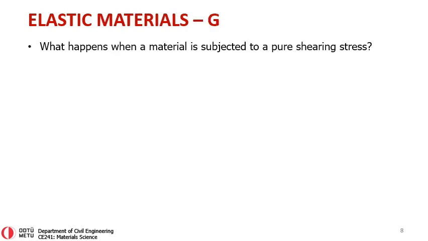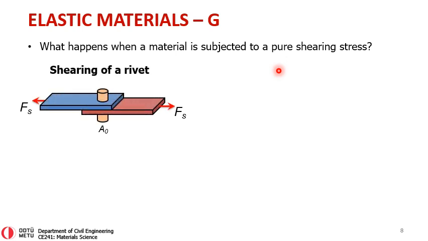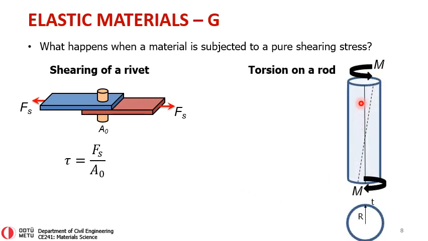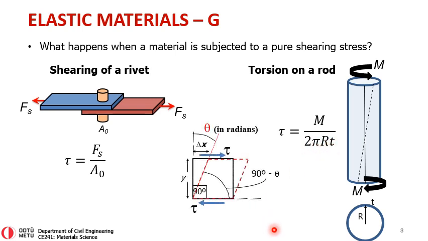How about the other one? What happens when a material is subjected to a pure shearing stress? Where do we see such cases? We have seen that in the case of shearing of a rivet, we can have a pure shear stress that can be calculated like that. Or in the case of a torsion on a rod that has a radius r and a thickness t, let's say, the pure shearing stress will be the torsion divided by 2πr²t. And we have seen that